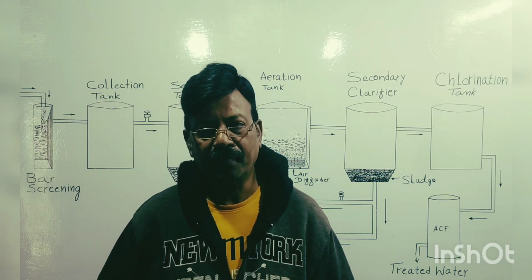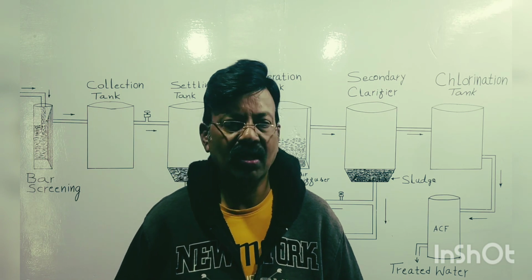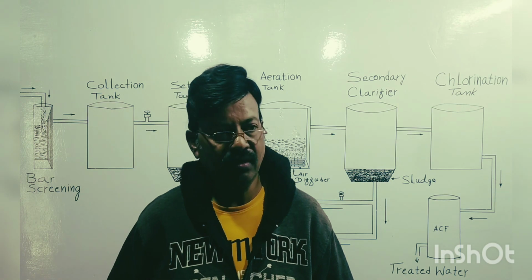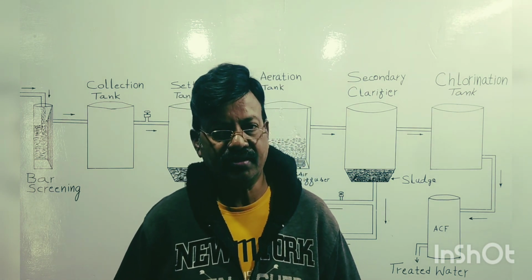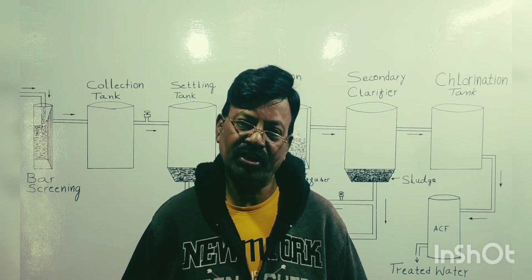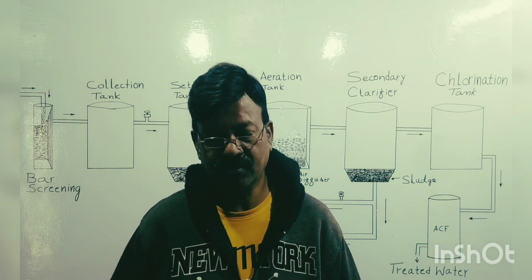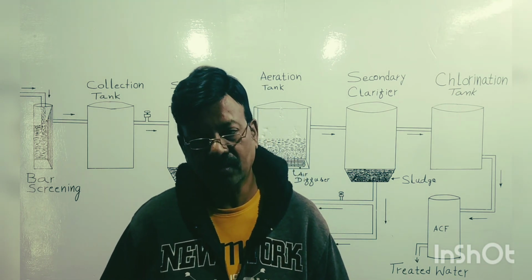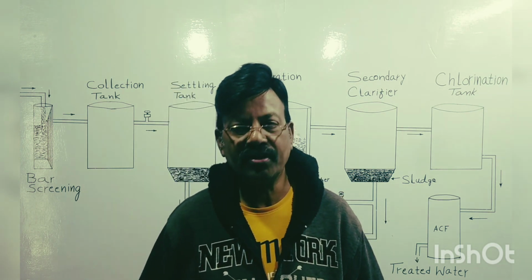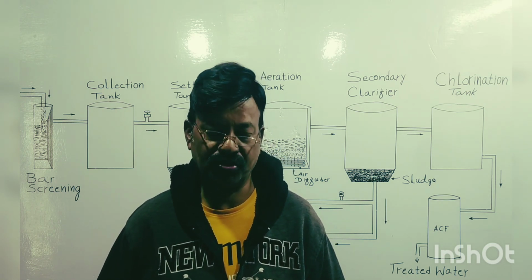In most of the apartments, the owners associations are facing a lot of issues in their STPs, like odor, that is bad smell, treated water that is yellow in color, and of course some sort of material floating in the water, which is not at all acceptable for reuse. So that is the reason today I am making this program, to make you understand how we can get rid of these kinds of issues.